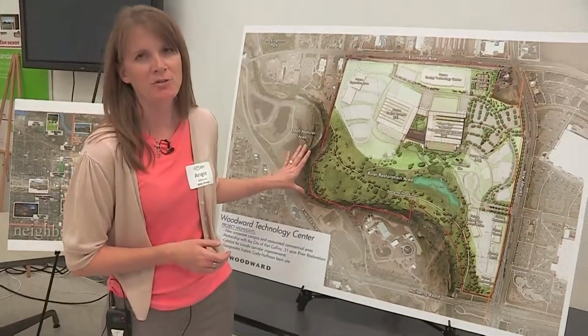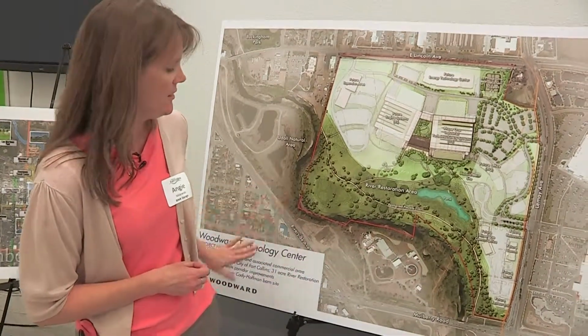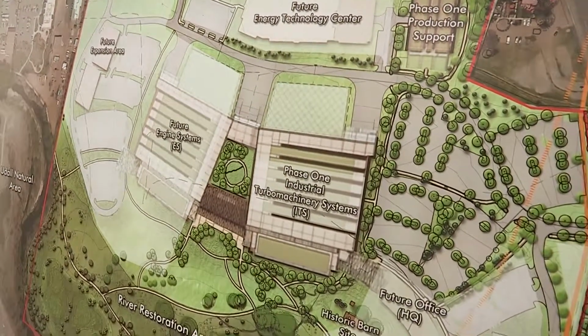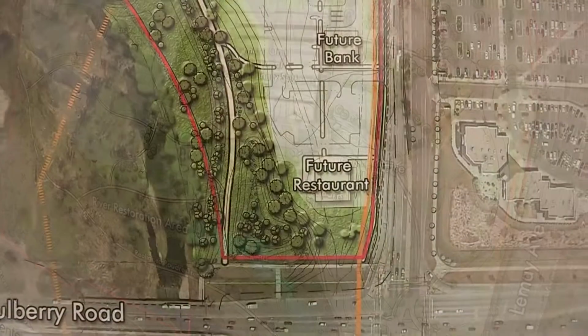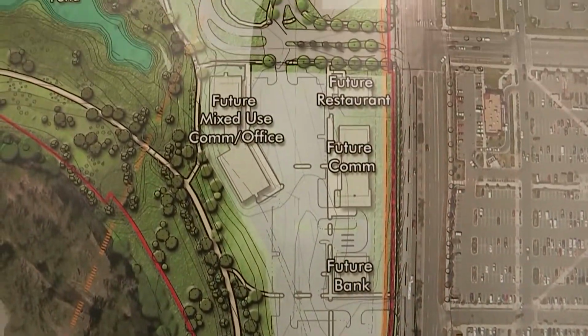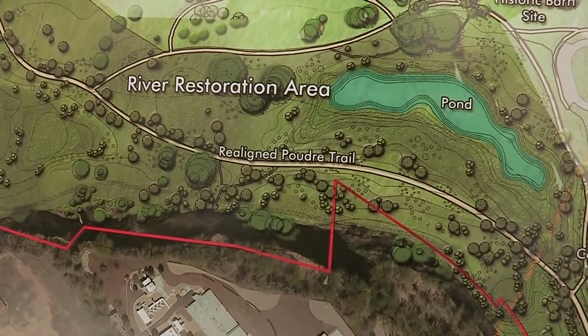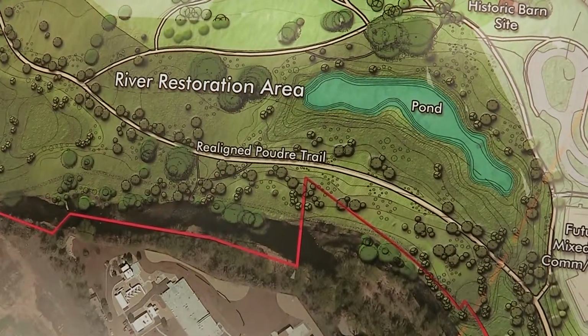This is the master plan for Woodward's new corporate campus at the existing Lincoln Green site, the old Lincoln Green golf course site. It's called the Woodward Technology Center, and it includes a master plan for not only their first phase buildings, but all their future buildings that they will build over time as well. There is also a commercial area planned along LeMay, across from the Walmart and Home Depot commercial area, and it includes about 30 acres of a river restoration area, really restored as a natural area, allowing the development to be